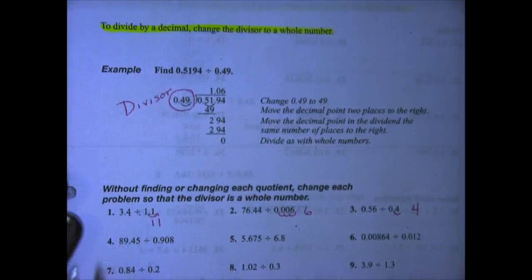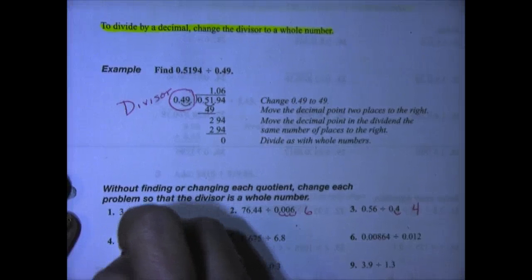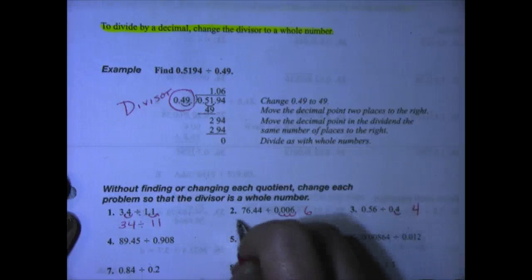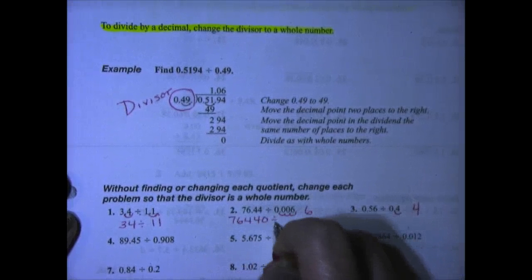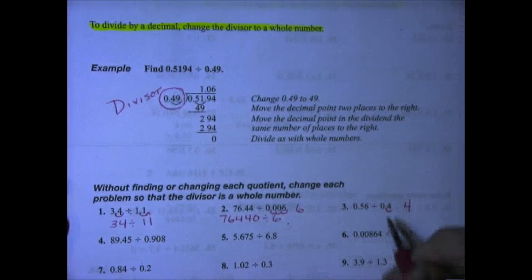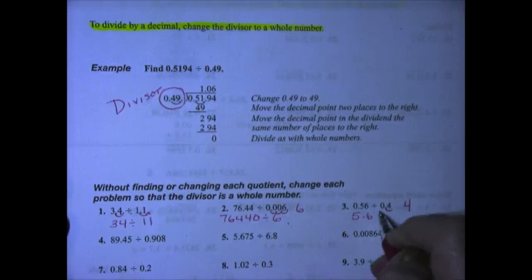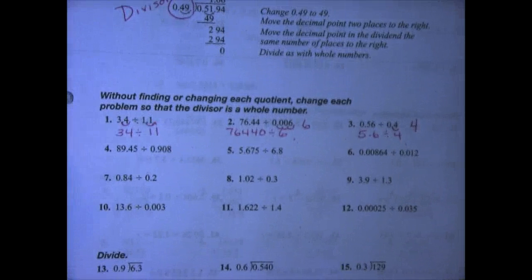When you do that, remember, I moved my decimal point once, so I'm actually going to make this 34 divided by 11. I moved my decimal point 3 places, so I have 76,440 divided by 6. And I moved my decimal point 1 place, so I'm going to have 5.6 divided by 4. Let's go down to the bottom, 0.9,